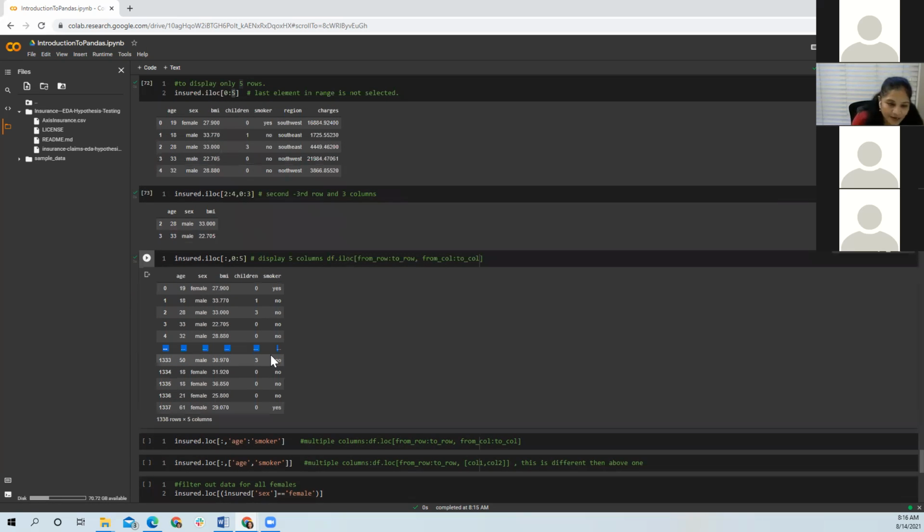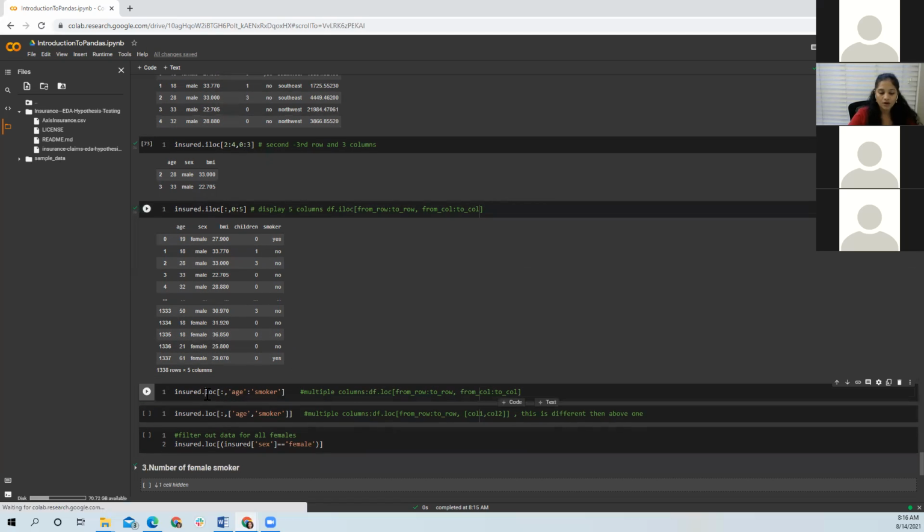This is where creating subsets actually helps us, because there is no way we can see 1338 rows at a time. Now here we only have 6 columns, but if there are 100 columns, as I mentioned, it would be very difficult to watch it on the screen. So the best way to move forward is to create subsets, create smaller data frames using those subsets. And these are some of the ways of using slicing.